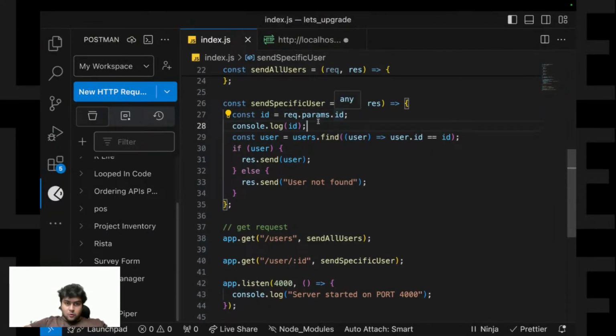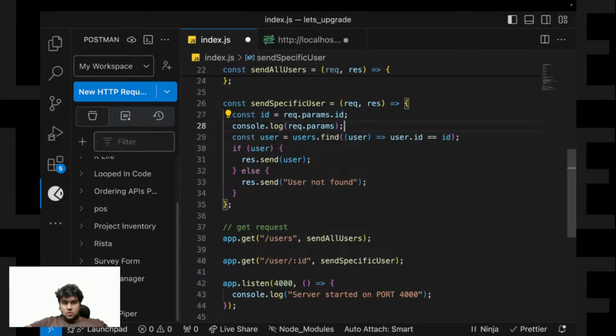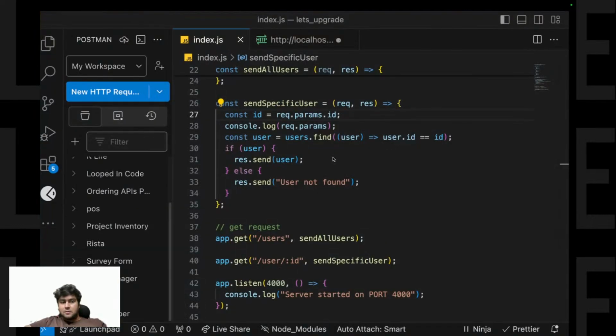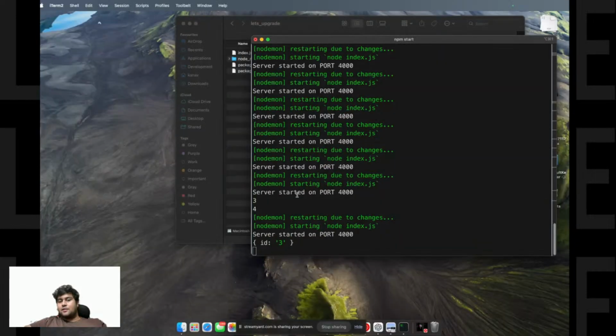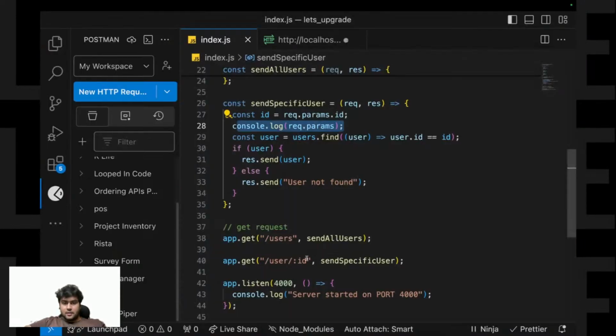Okay, if I show you one more thing, I can say request dot params. Now if I send 3, see I have console log request dot params. In request dot params, I'm getting this ID 3. Now if I add another thing, let's say name, and after that 3, I'll send the name, let's say Kanav.